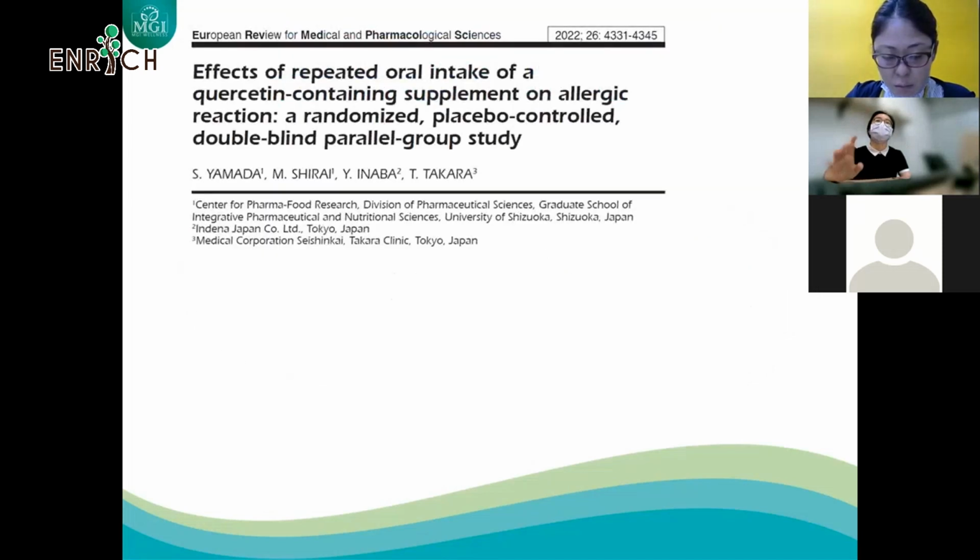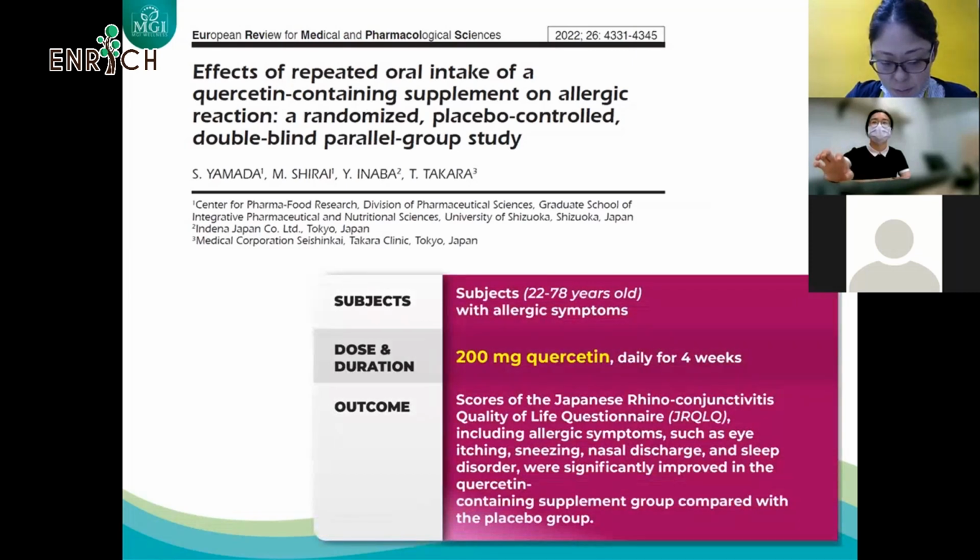So this is a study which shows the effects of repeated oral intake of a quercetin-containing supplement on allergic reaction. In the study, it is done on subjects 32 to 78 years old with allergic symptoms. They are given 200 milligram of quercetin daily for 4 weeks, and they evaluated the outcome through the Japanese rhinoconjunctivitis quality of life questionnaire, which includes allergic symptoms such as eye itching, sneezing, nasal discharge, and sleep disorder, which has shown significant improvement in the quercetin-containing supplement group compared with